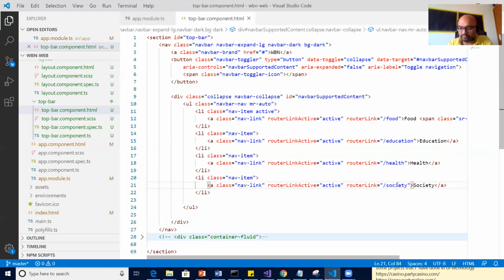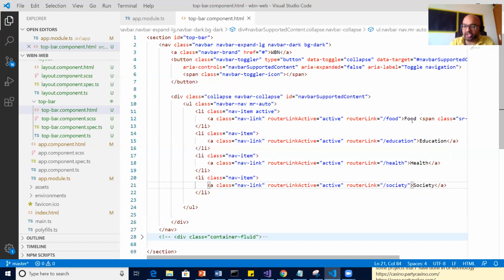So when you put router link equals to slash food, when you click on this food link, router link is going to put slash food in your localhost 4200, in your base URL, and ask for the matching resource, the content for it.